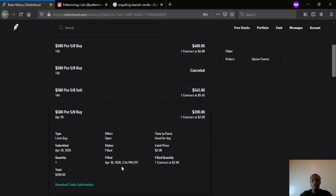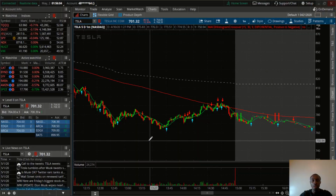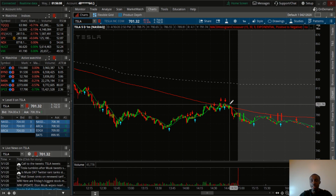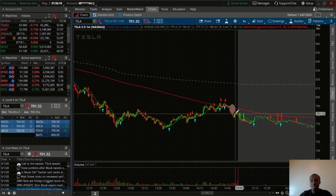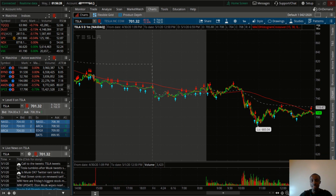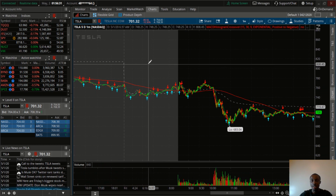I bought that exactly 5 minutes before the market closed. And if you look at the chart, 5 minutes before the market closed is actually in this candle along with all of these people right here. And if we fast forward to what happened the next day, the stock actually gapped down slightly, and the plan